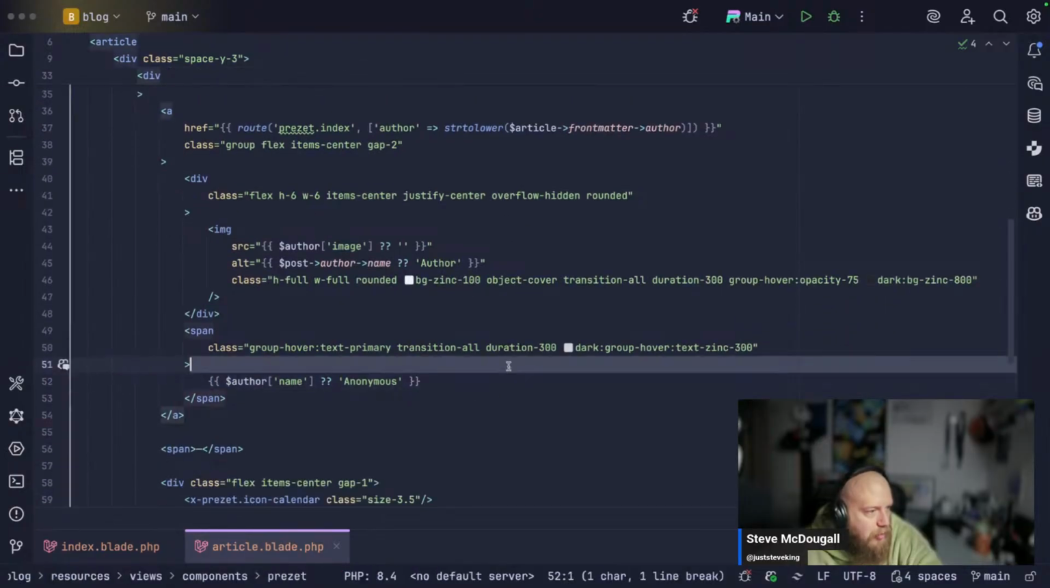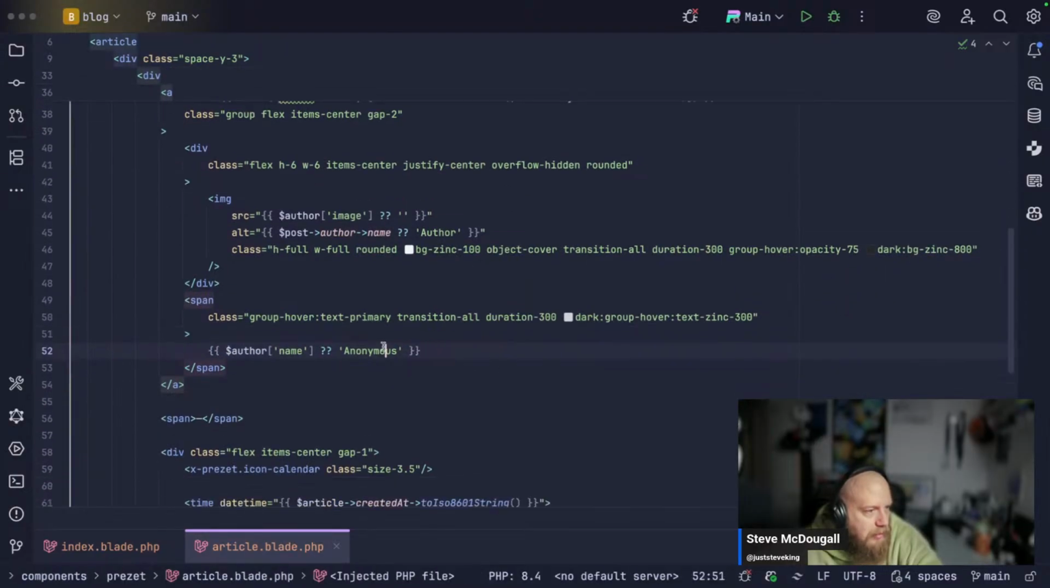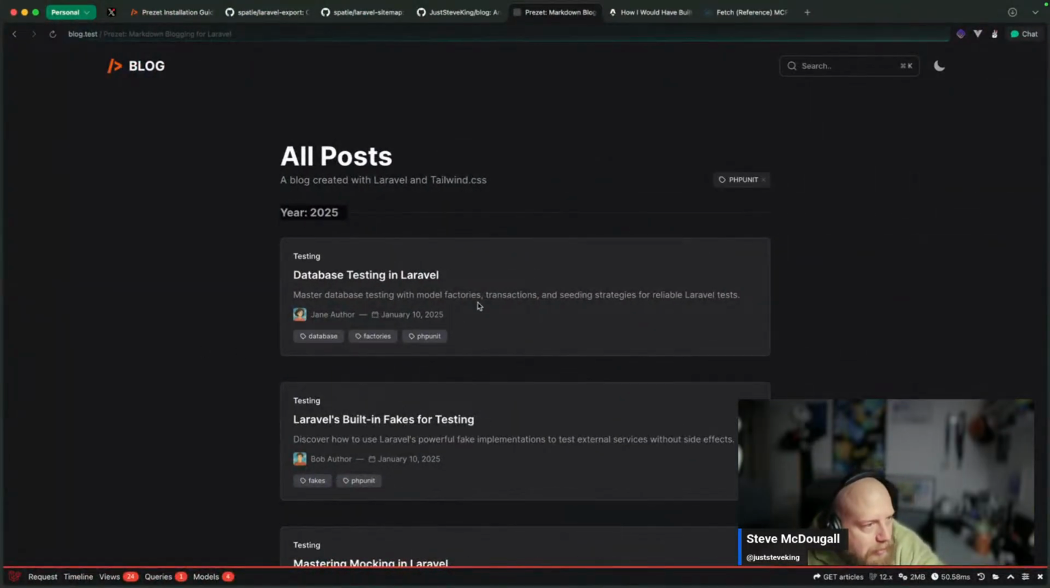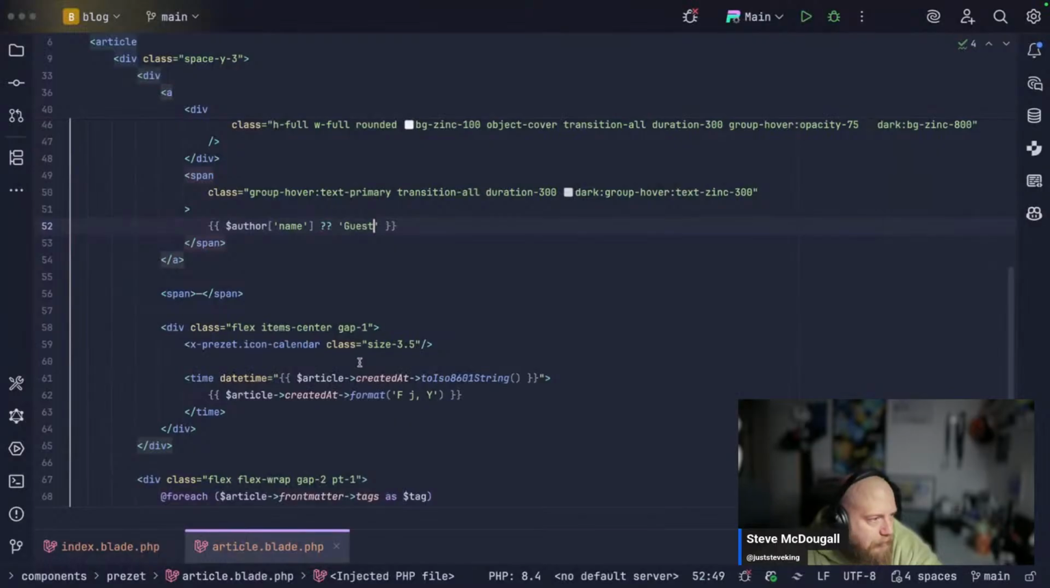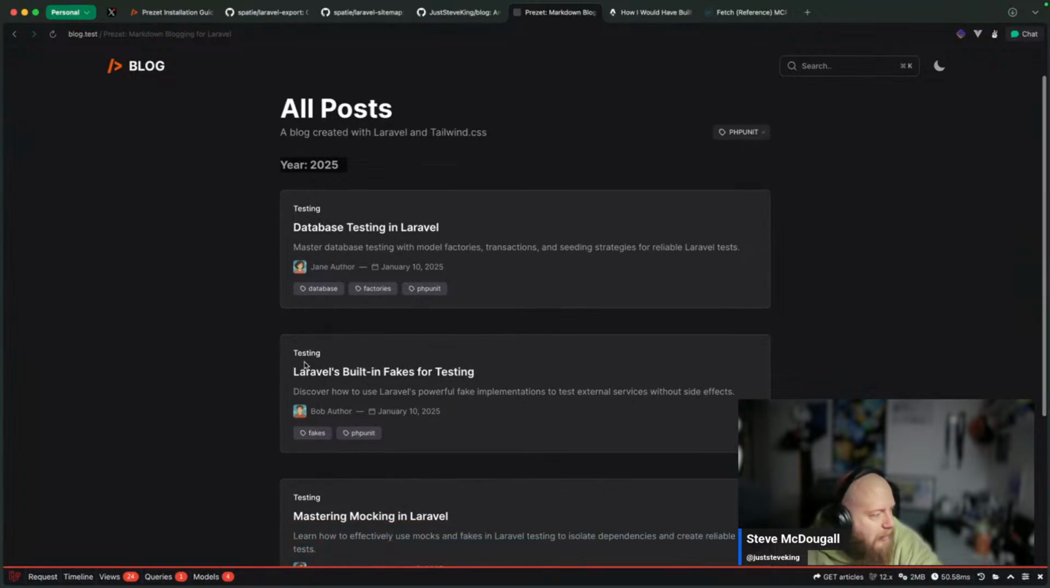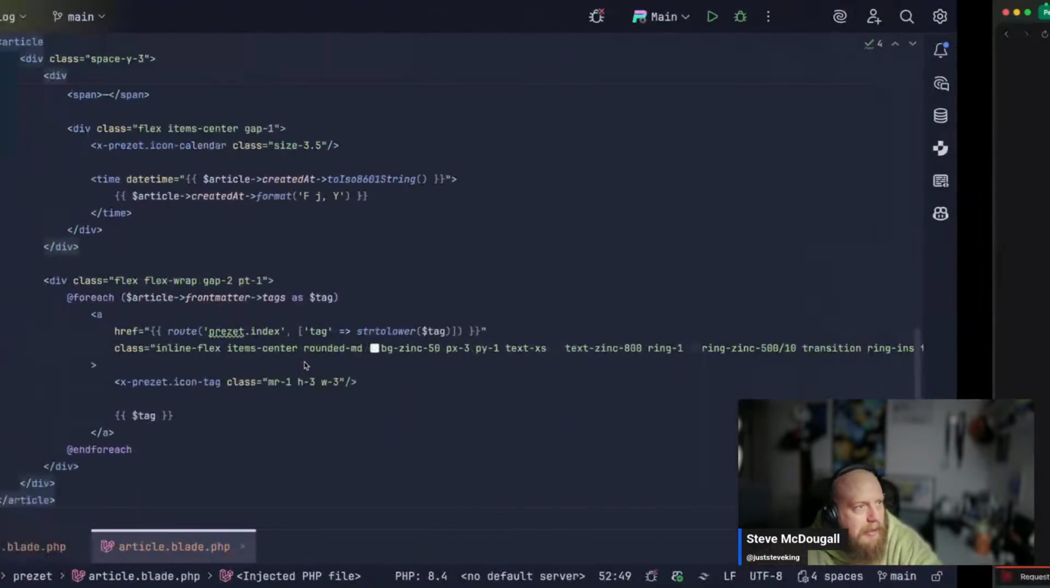Image, author name or anonymous. I'd probably put this as like guest personally. Created at, formatting that, not bad. Icon calendar, tags. Like, this worked, right? But